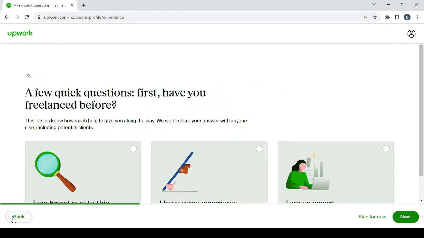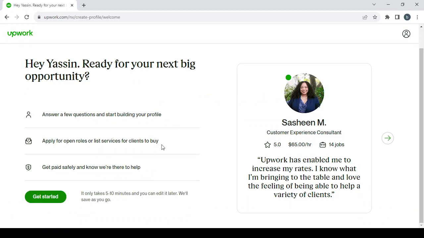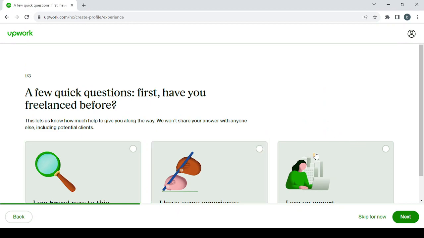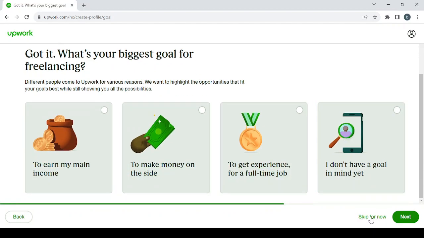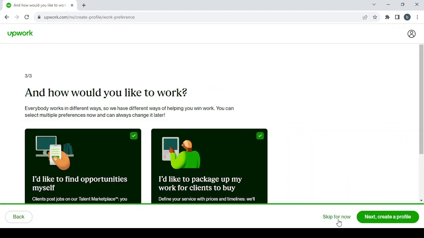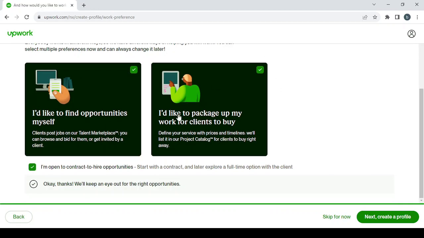So these are the first steps of creating your profile. You click on get started. This is the first step. You click on get started. Then you answer these questions, and I'm just going to skip them for now to save your time. There are some easy questions, and here you will need to choose one of these. You choose both of them,